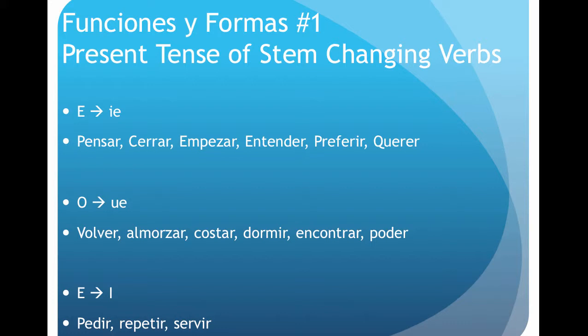Okay, so if you will just check out 133, you can see all of these conjugations. It doesn't necessarily mean it's going to be that difficult of a verb to conjugate. It's just a matter of grouping these, and you'll see some different groups that they have, grouping these into either an E to IE category, an O to UE category, or an E to I category. All right, and by doing this, it really does simplify things quite a bit, I believe.